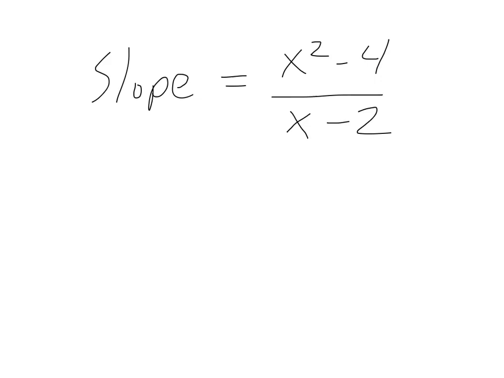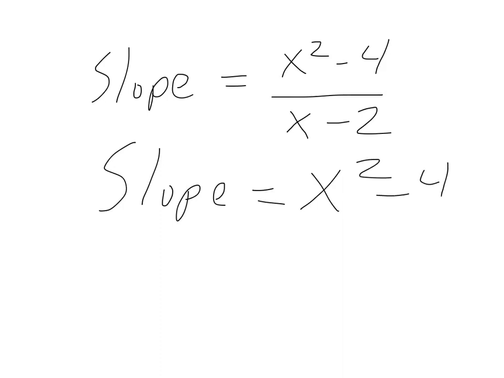Now, here's the problem. This equation is exactly the slope of the tangent line only when x is exactly equal to 2. So the problem is, as you know, if we put in x equals 2, we'll get slope equals, I guess I could draw this, x squared minus 4, that's okay, but 2 minus 2, that's a problem, because 2 minus 2